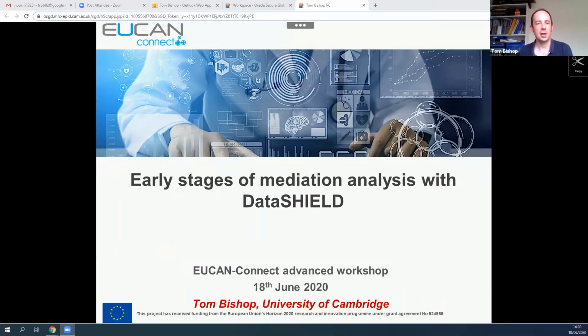these analyses involved an investigation of a variable that could have potentially mediated an association between an exposure and an outcome. This was a couple of years ago, and at the time we wanted to solve this problem with the functionality that was available in DataSHIELD. So I appreciate that the method I'm going to show you today is perhaps one of the simplest approaches you can take to mediation, but we took this approach to be pragmatic and to try and complete our analysis